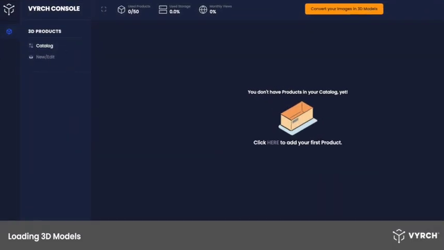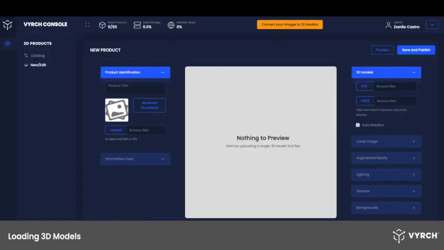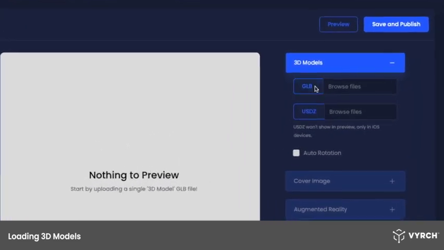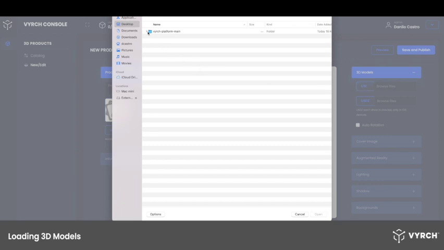Now we're going to load our first 3D models. So in the side menu, you click New Edit to open the model editor. And after that, we're going to load our model in the GLB format. So you can use your own models or you can use the ones that we provided for free as the